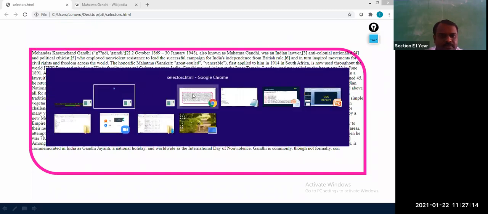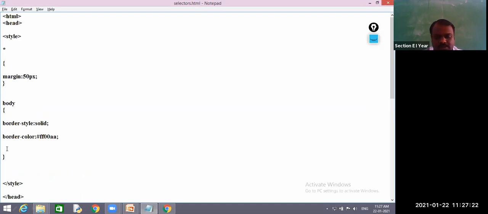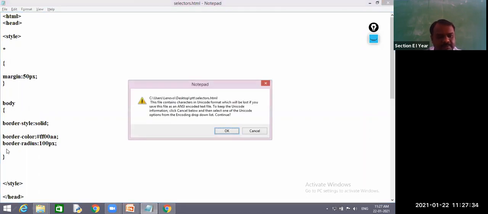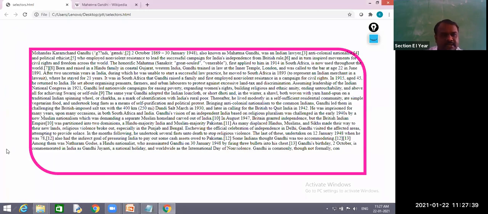So for this border, I will go for a common border. Border radius is 100 pixel. I have removed the thickness and applied it for four sides.